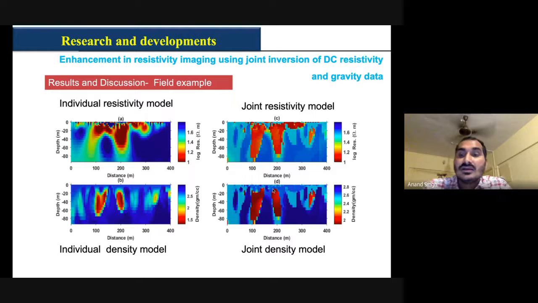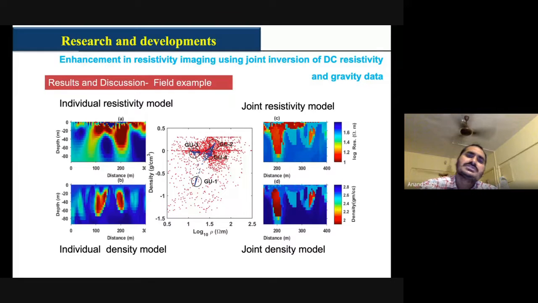Now you can see that we got very similar results. Structural pattern we got over here, one body we got over here. This is the vertical feature you are getting with DC resistivity also. One vertical feature over here. Now you got this clear-cut body over here which was not here in these two data sets. At this point there is no feature, but here you can say this is fitting quite well. So there was some structural dissimilarity, but we computed the structural similarity for that.